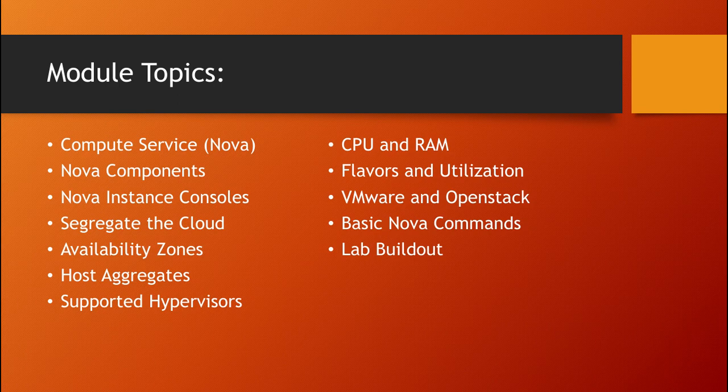And then we'll see the RAM and CPU requirement, or how Nova calculates the RAM and CPU and allocates accordingly to the instance. Then we'll also see the flavors or hardware specification, like groups of hardware. This is mainly for RAM and CPU and disks, and also utilization.